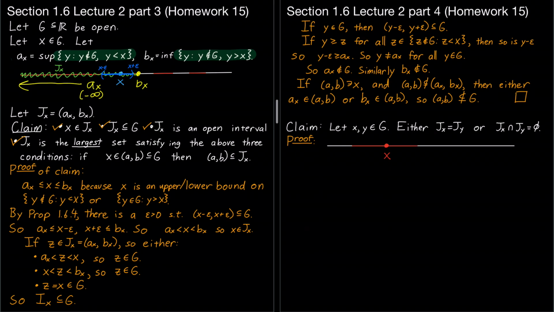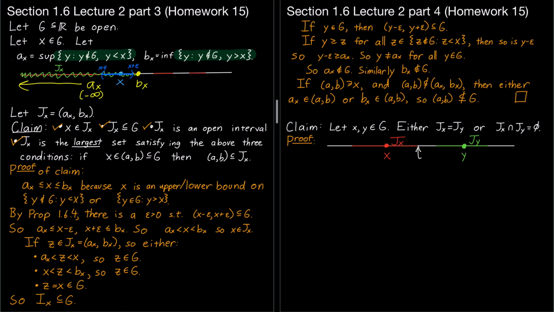It's an interval about X, and the endpoints are not in G. And then here is the point Y. So either you start out and then you draw your interval, and there's this point here that's not in G, so you can't go any further than that. So JY and JX can't intersect each other. Or the other